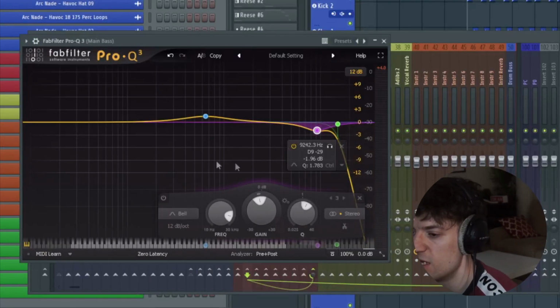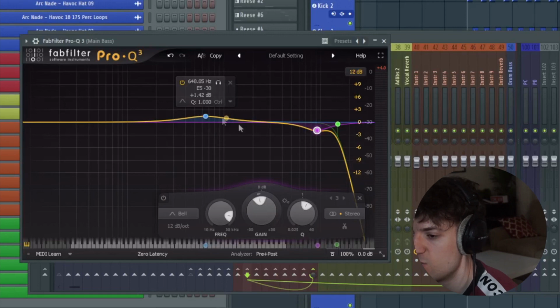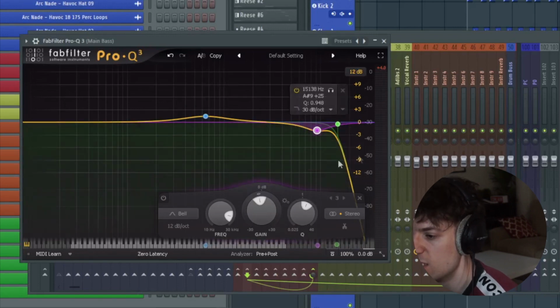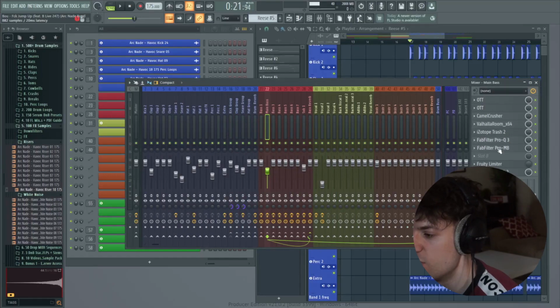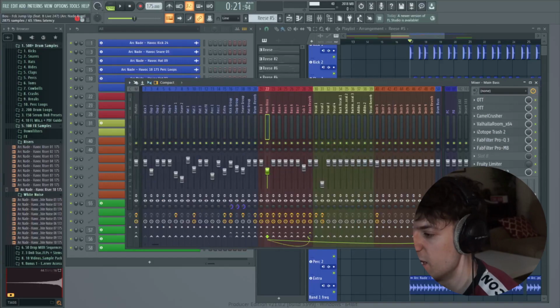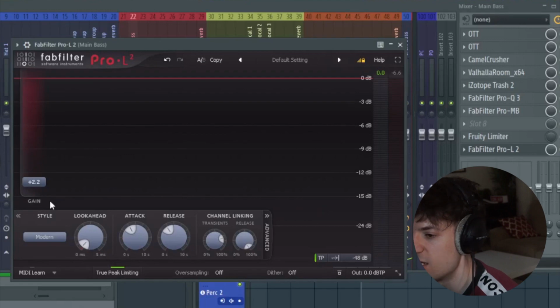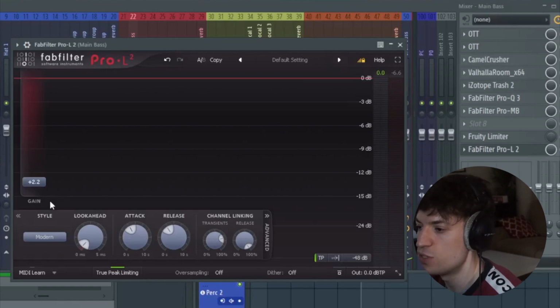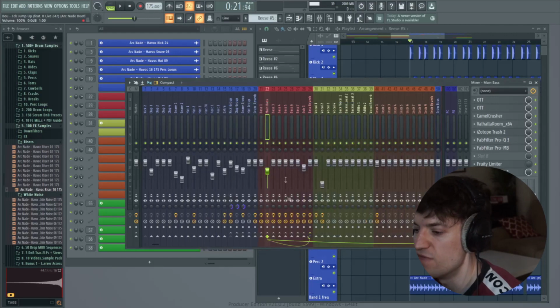Then we've come in and added an EQ and just adjusted this range here and got rid of any unnecessary high end. And then finally we've got our Pro MB, just doing some tiny adjustments, and a Pro L, which is acting as a limiter. So feel free to add any limiter onto here. And that is the post-processing on the bass done,